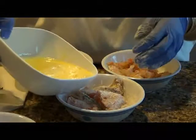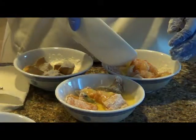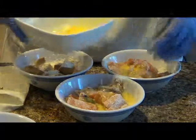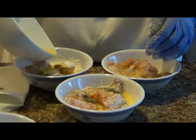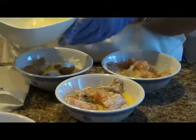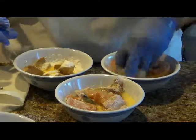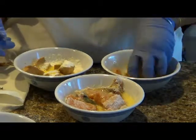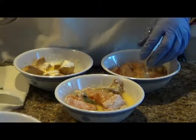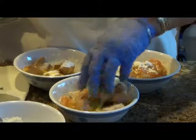base. And I'm going to add a little egg to all of them. And again, if you're looking for a vegan option for the tofu, what you would use is either egg replacer or flaxseed. I'm going to add a little bit more to you